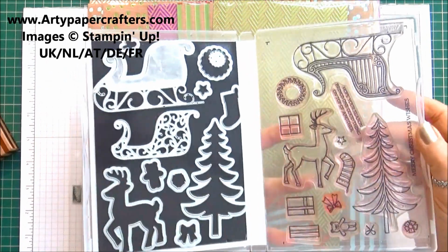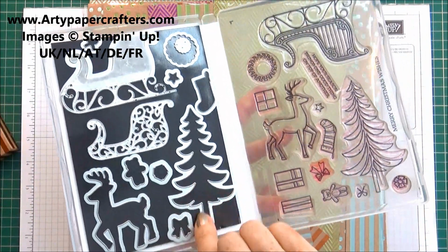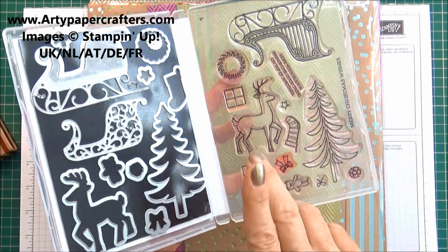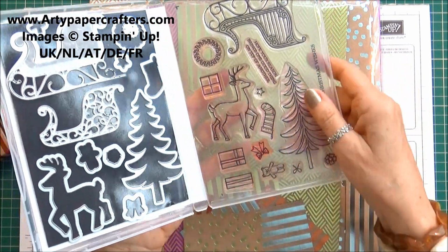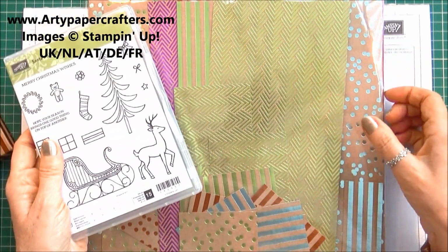It can come with matching framelits if you wish. You don't have to buy it. But these framelits are so cute, and you can make such cutest Christmas projects with this set. And it's so versatile. And so today I'm going to show you what I've made with these products, along with